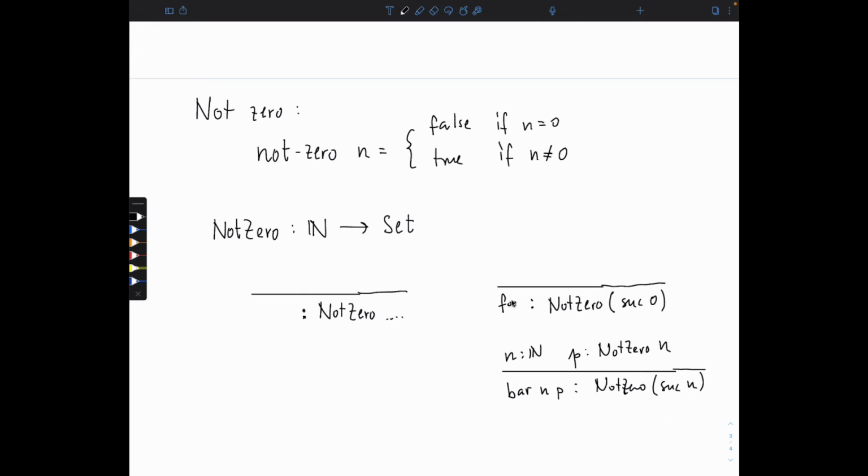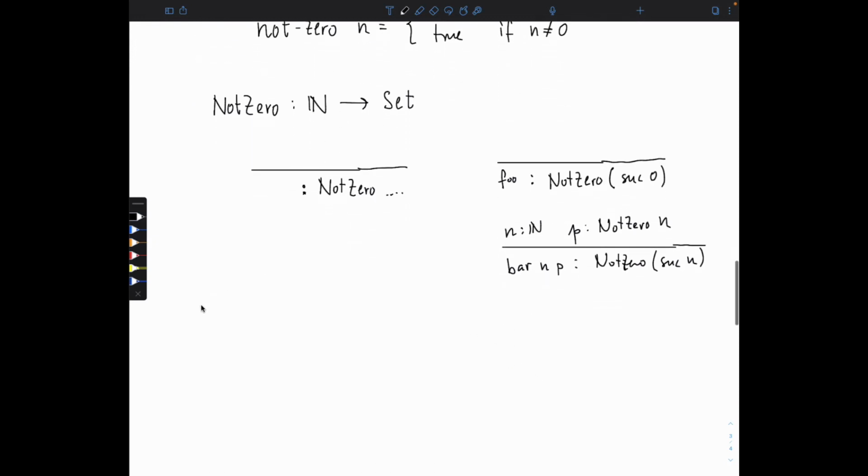Okay, so this will allow us to prove that 1 is not 0. This then, because 1 is not 0, will allow us to prove that 2 is not 0, and then we can keep going. Yep? Can you just simplify it by saying if n is a natural number, then successor of